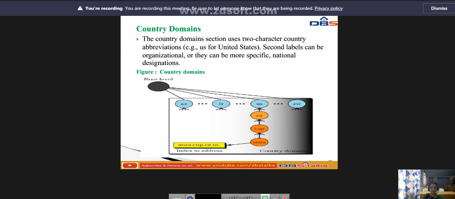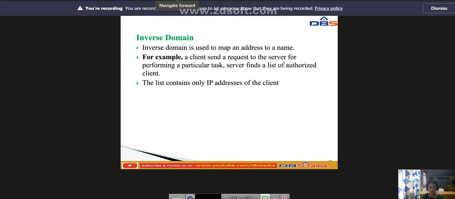Next we have the inverse domain. What is meant by the inverse domain? The inverse domain is used to map an address to a name. For example, a client sends a request to the server to perform a task. The server finds a list of authorized clients. The list contains only the IP address of the client.